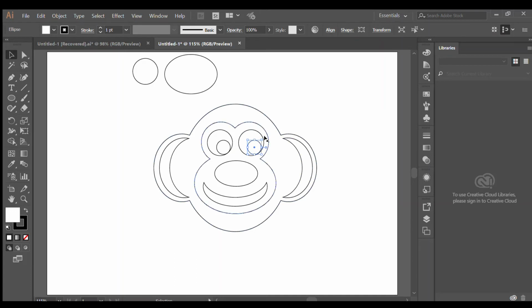Now it's time to make eyebrows. Take lips and again use shape builder tool to cut it to the right side of the eyeball. Take this lips and use it to make lips,